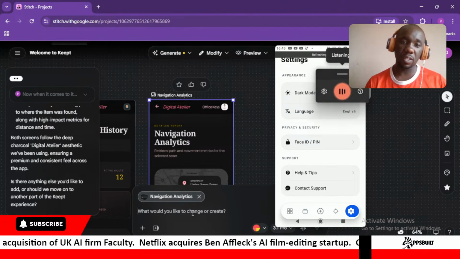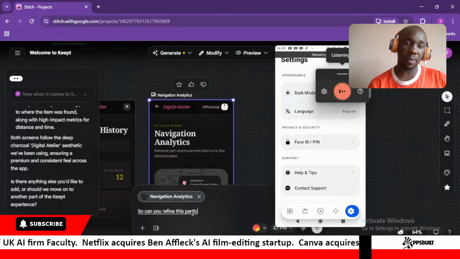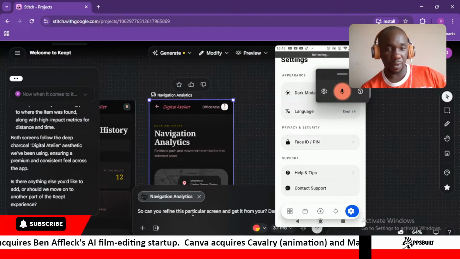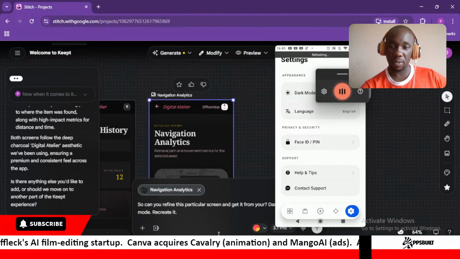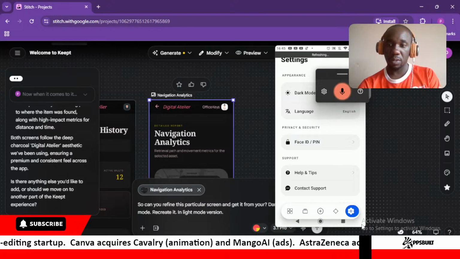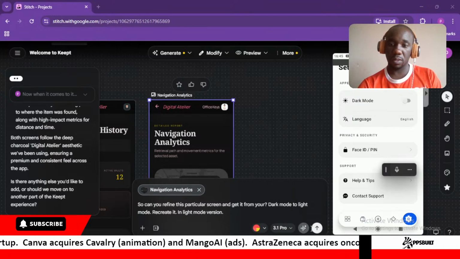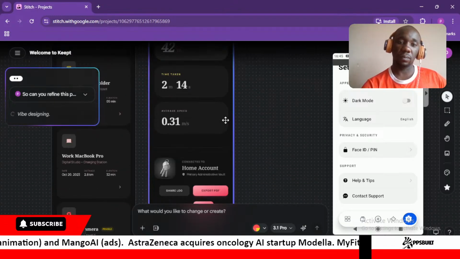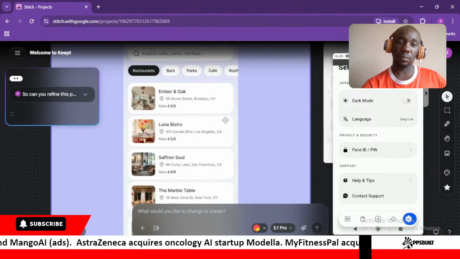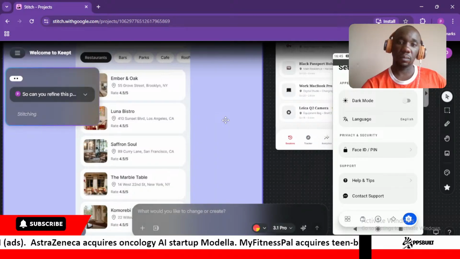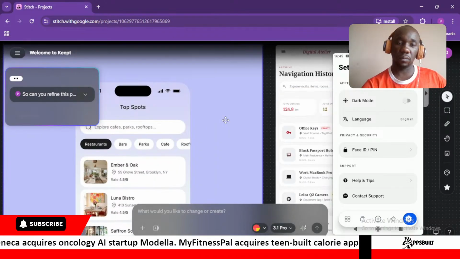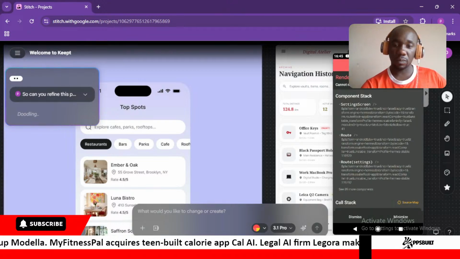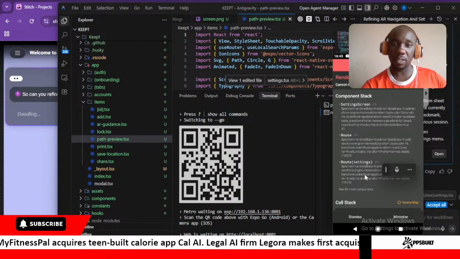So can you refine this particular screen and get it from dark mode to light mode? Recreate it in light mode version. So let's recreate that. So our functionality is still